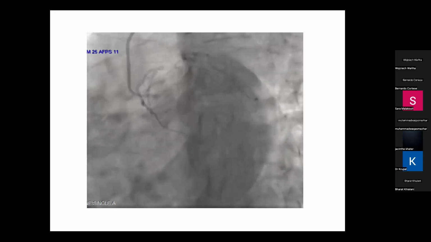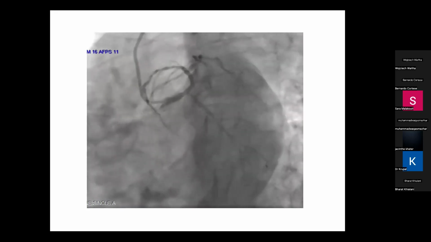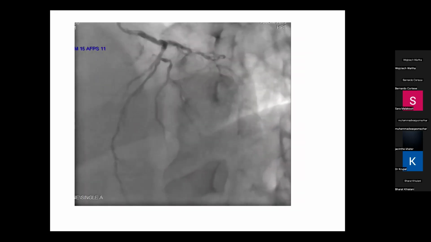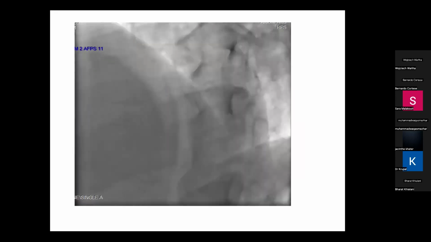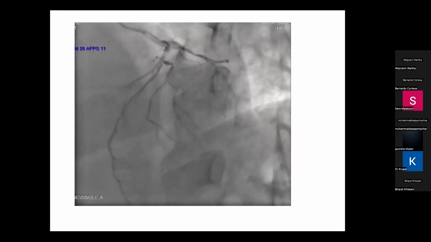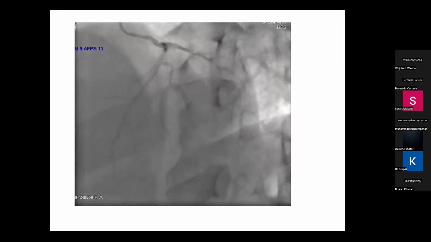This was the spider view, the caudal view. The LCx was non-dominant. This was the cranial view. And some mild plaque in the left main also. So this case was ideal for